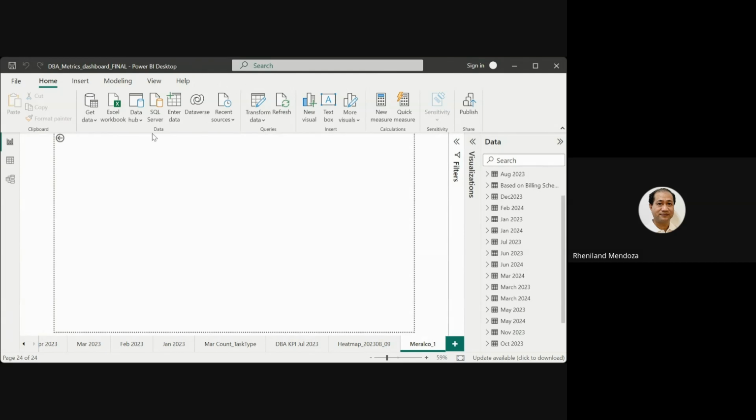As you can see, we have here a top menu, which consists among others of how to get data, how to transform your data, how to set up visualizations, and how to publish. So let's try to import the data you gave me. Let's have a sample import.